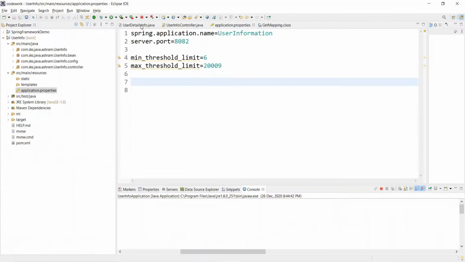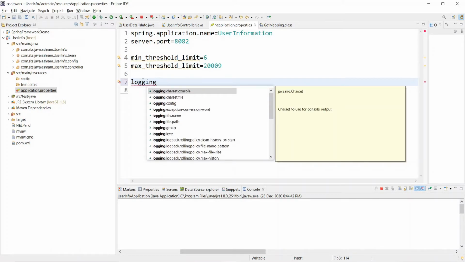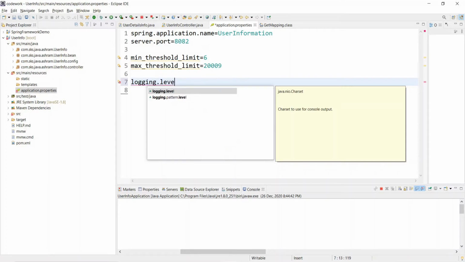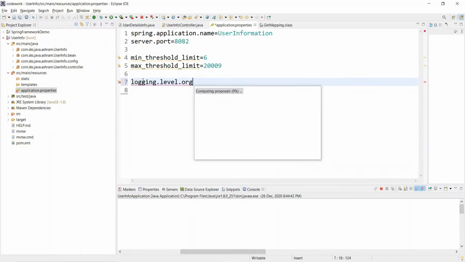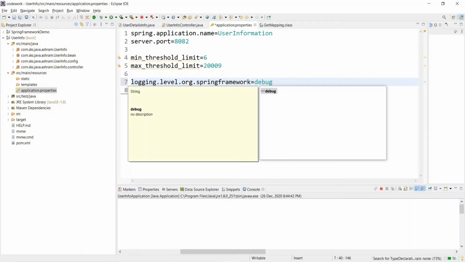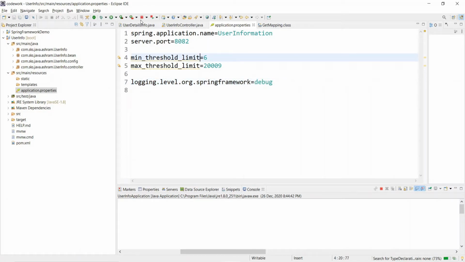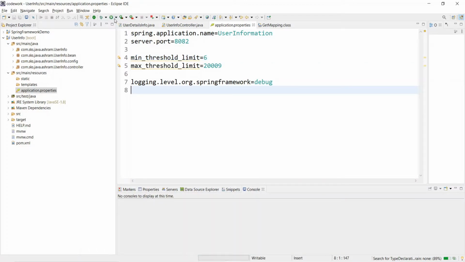So let's enable the logging information: logging.level.org.springframework equal to debug. Let's enable the debug mode, close this and restart the application again.